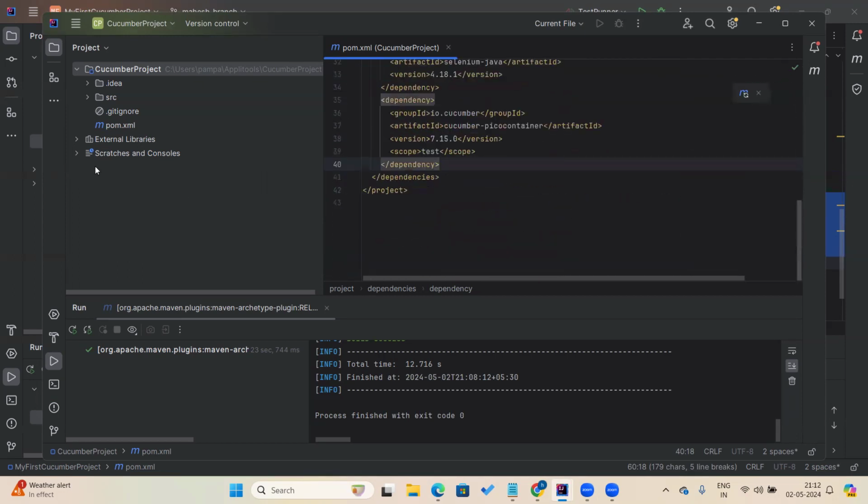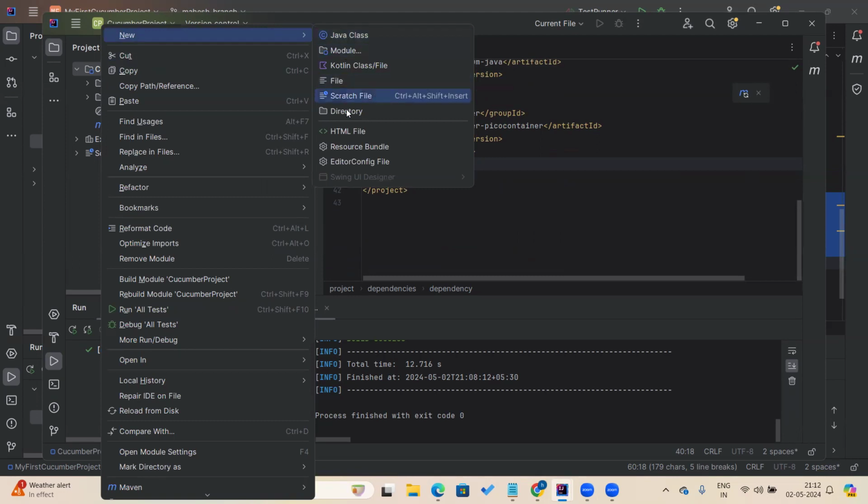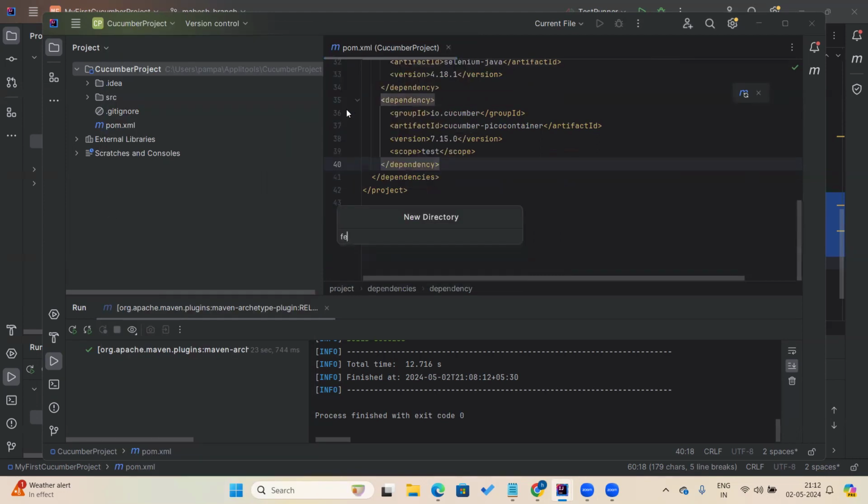So after that, you have to create a separate directory for the feature files. Directory, features. So this is the directory where you will write all your feature files. Okay. And similarly,